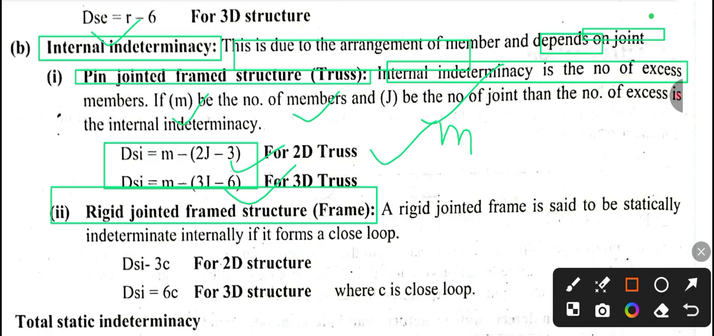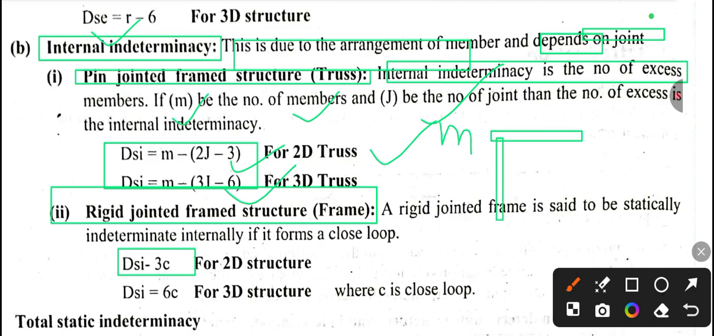Now we will talk about the rigid joint frame structure. Especially for the frame structure we can calculate DSI equal to 3C, where C is the number of closed loops. This is DSI equal to 3C for the 2D structure and 6C for the 3D structure, where C is the number of closed loops. You can see here,